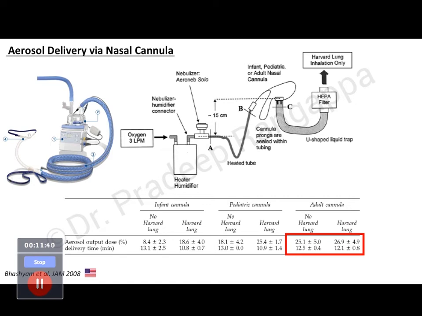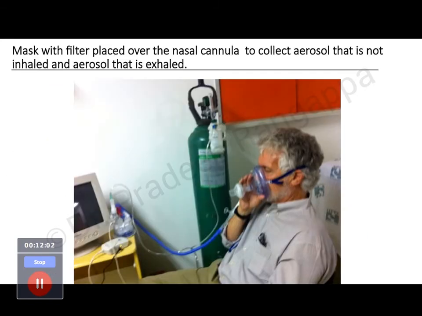So with HFNC also the lung delivery, if you remember that first slide I showed you by McIntyre, he showed even in spontaneously breathing patients there was a better deposition in the lungs as opposed to mechanically ventilated, and that seems to apply at least in high flow nasal cannula where deposition is reaching 25% compared to the ventilated where you are seeing around that range. So even with HFNC the deposition is better.